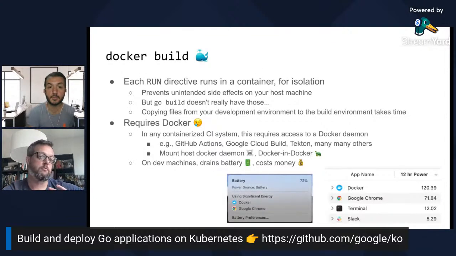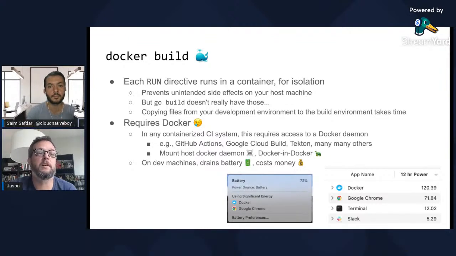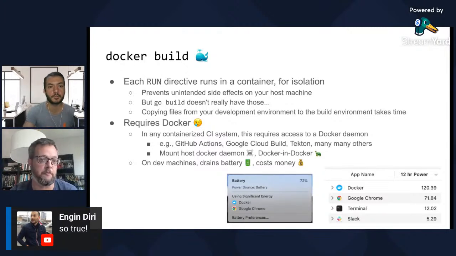And aside from the whole Dockerfile syntax and best practices issue, I have some problems with Docker build itself. Docker build, again, is a great tool, fantastic, very flexible, does a ton of stuff. Every RUN directive in a Dockerfile starts a new container for isolation. This is actually really important, and the whole reason you use Dockerfiles. It prevents unintended side effects in those build steps from breaking out and tainting your host machine. You can do rm -rf in a Dockerfile, right? And it doesn't delete stuff on your actual machine. It just deletes stuff